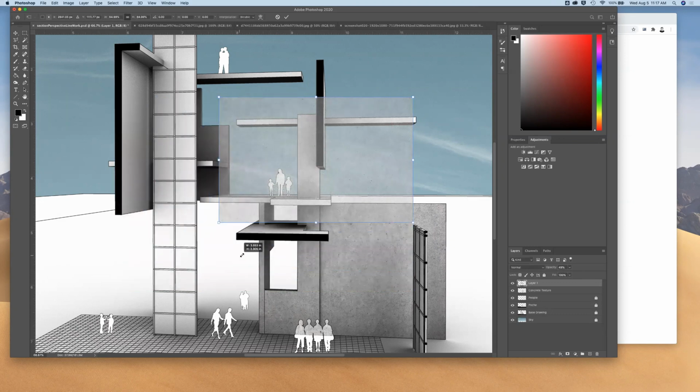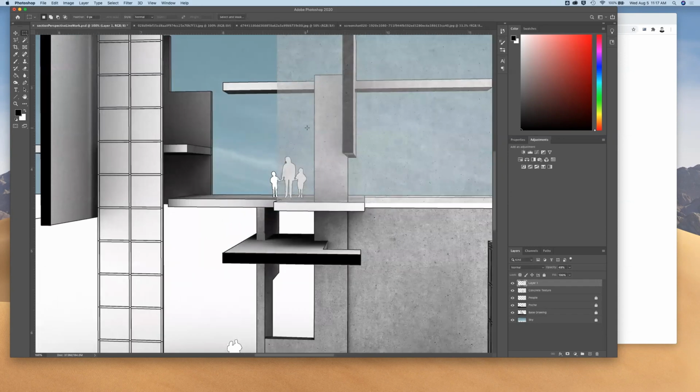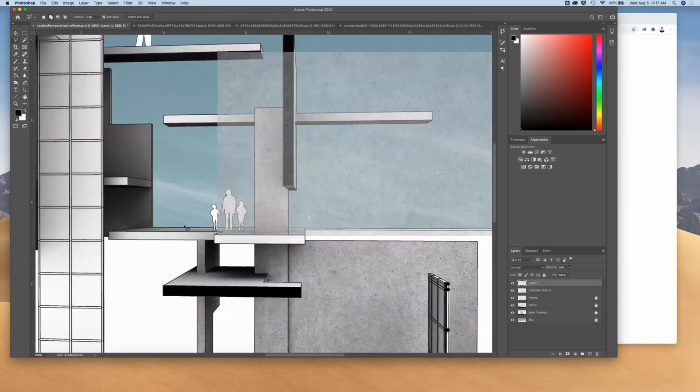Try to resize this. I don't want to go too drastic. I don't want the density to be different than the one below it, right? I want things to be more or less close. I'm just going to zoom in. I'm going to use the polygonal lasso tool, and